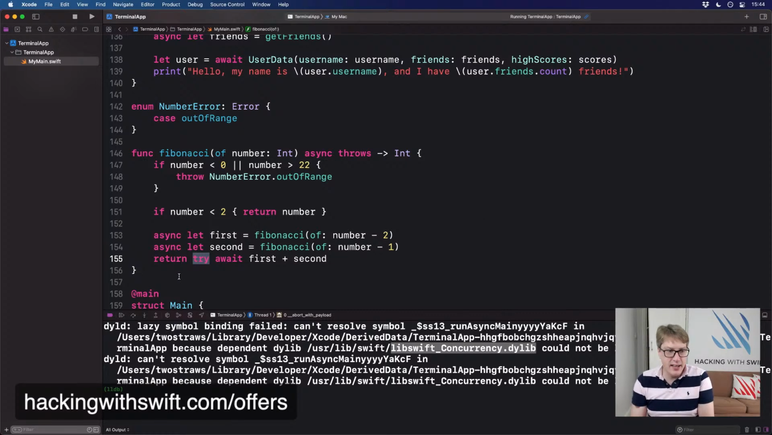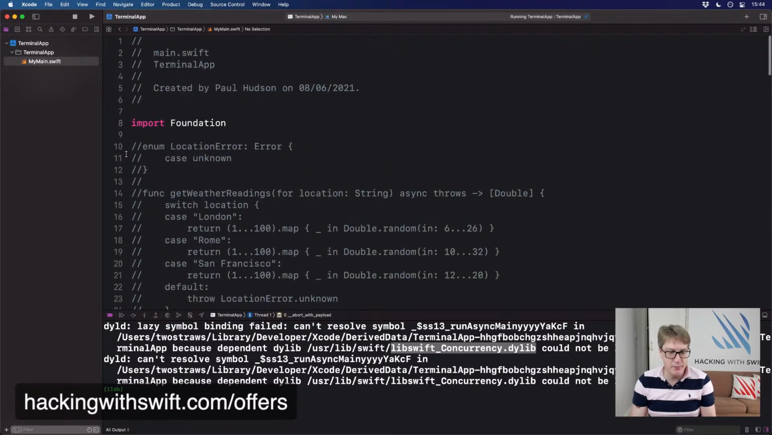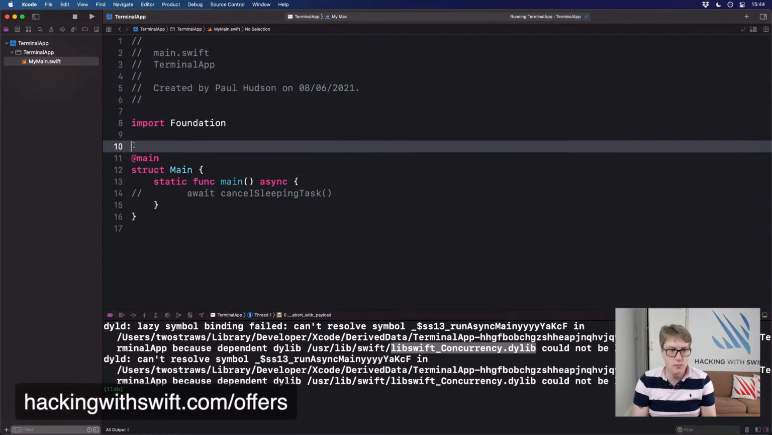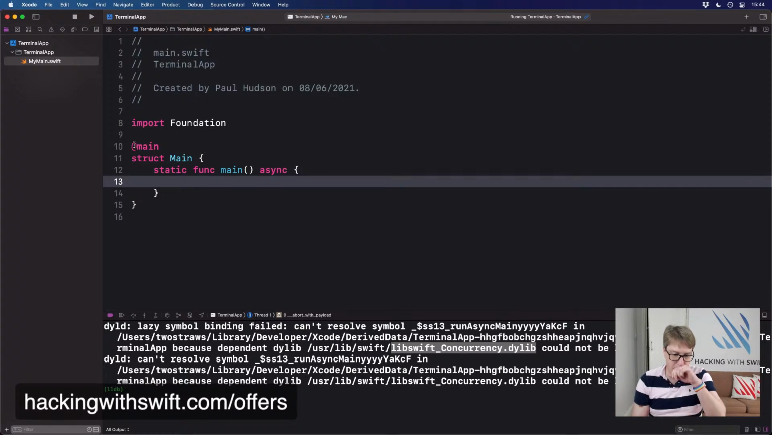Okay, let's go ahead and clean up some code. It's getting really messy now. There we go, much better. Okay,